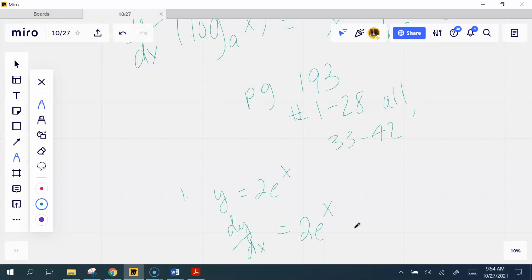But that's the last 4 of them. That's all the derivative rules. Yeah. If it was 2,